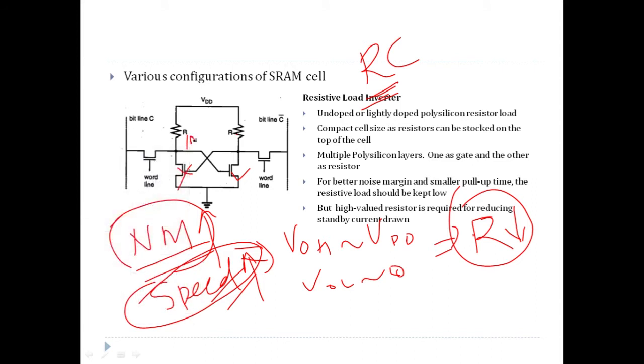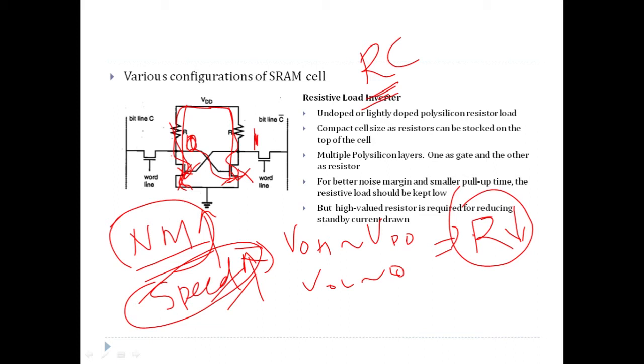So here, when it is storing 0, there is 1 here. If this is 0, so the gate of this transistor is 0, it's off, but this is 1, so the gate of this transistor is pulled high, so it is on. Now there is a path from VDD to ground. So we can conclude that irrespective of whether it is storing 0 or 1, there is always a path from VDD to ground through one of these branches via a transistor. So the static power consumption will always be there.